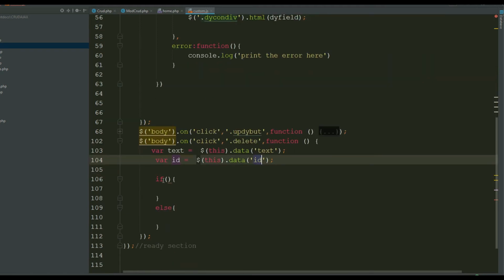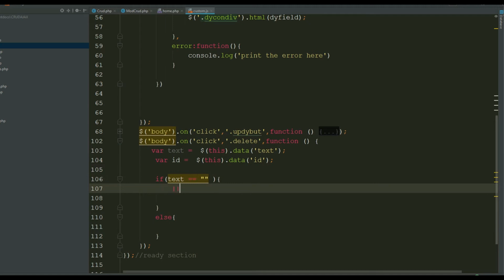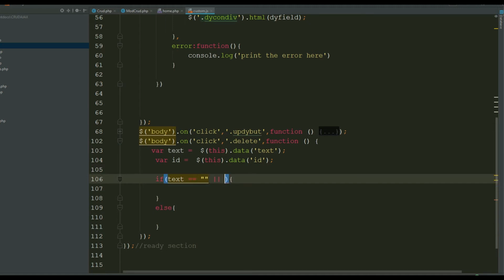So first of all, you can check the text. If the text is empty, or the ID is empty,